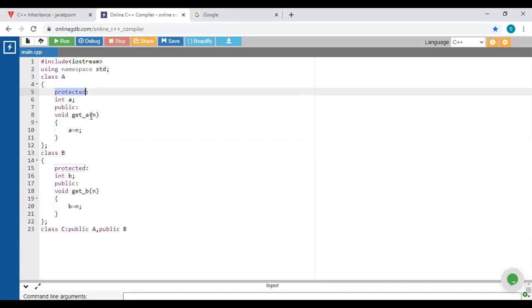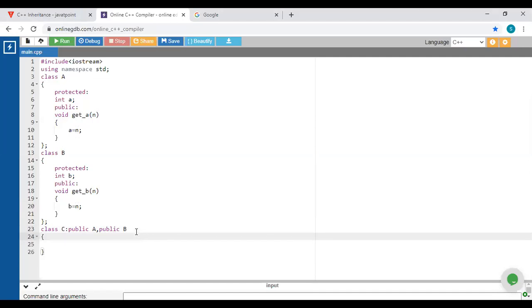It is going to accept some value. The type of that value is integer, because we are going to assign that value to this variable A. Similarly, inside class B, again we are going to accept another value, and assign it to B. Next, this line represents the actual multiple inheritance, meaning class C is going to derive from both of these classes, or inherit data from both these classes.